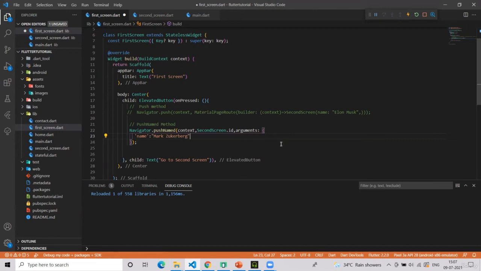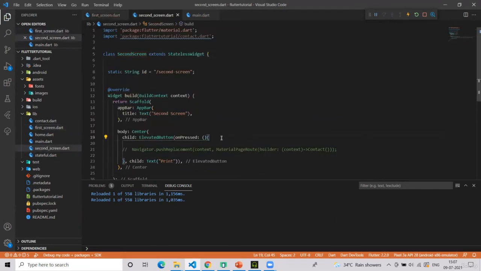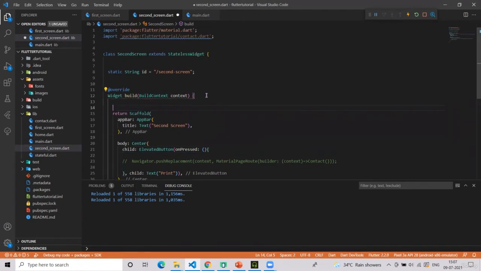And I'm just saying here, suppose I'm sending two values, founder, Facebook. Okay. So we are now sending the value, but definitely in this second screen, we must accept it, retrieve it. And to retrieve the data, this is the code which you have to remember.